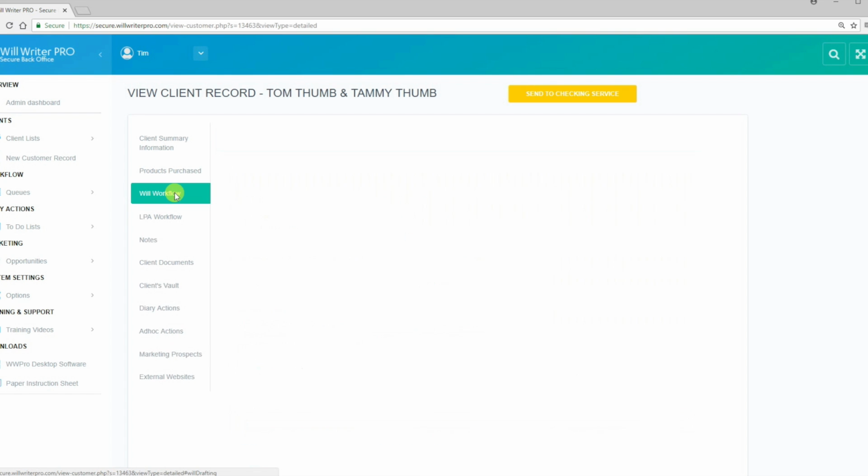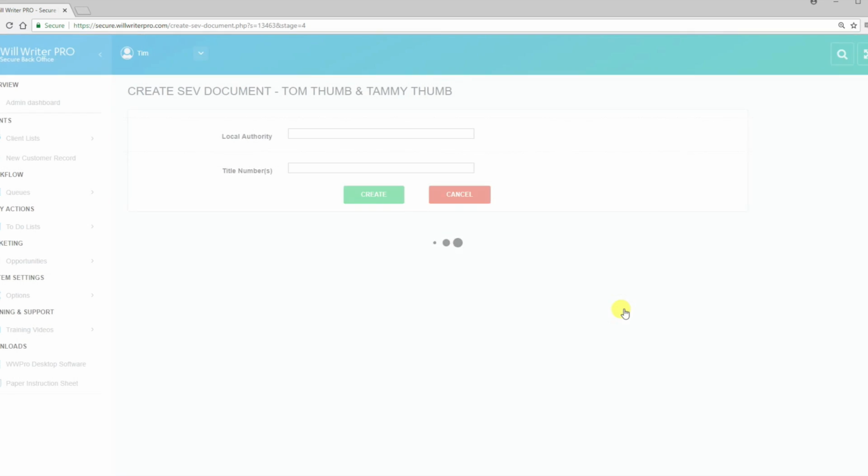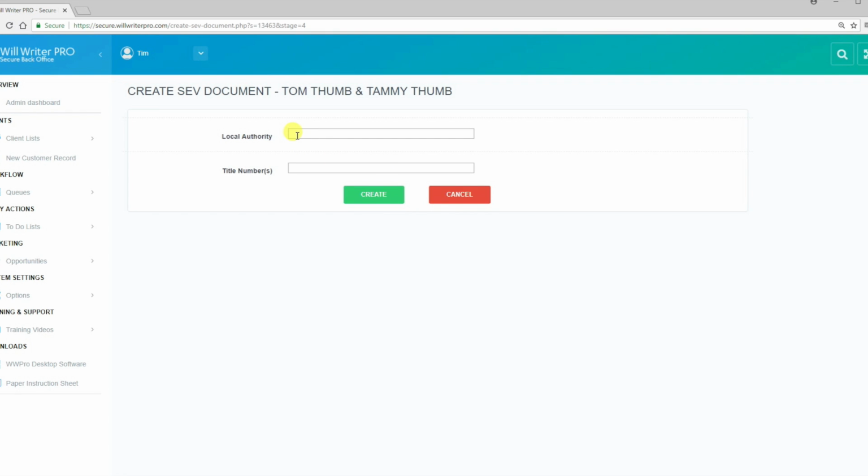So if I show you the will one, here we do have options. Again, you set them up in the back office whether to email a draft will to the client. If you don't, then it will go straight on to stage 4, which is where we create a SEV document. So what we do there is we've pulled off a land registry report via external websites. We can bring it into the client record, and let's say that it's joint tenants, so we need to sever the tenancy, and all we do is we click create a SEV document, we put in the local authority,